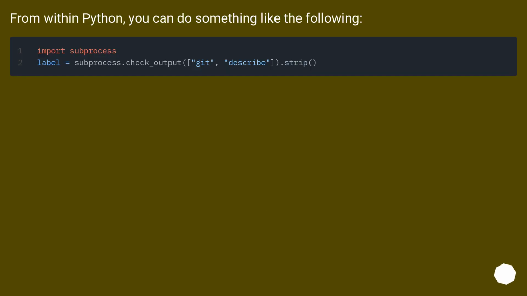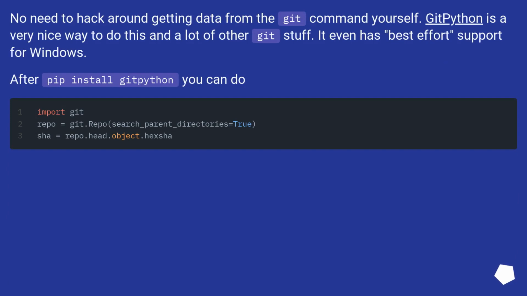From within Python, you can do something like the following. No need to hack around getting data from the git command yourself. Git Python is a very nice way to do this and a lot of other git stuff. It even has best effort support for Windows. After pip install git Python you can do